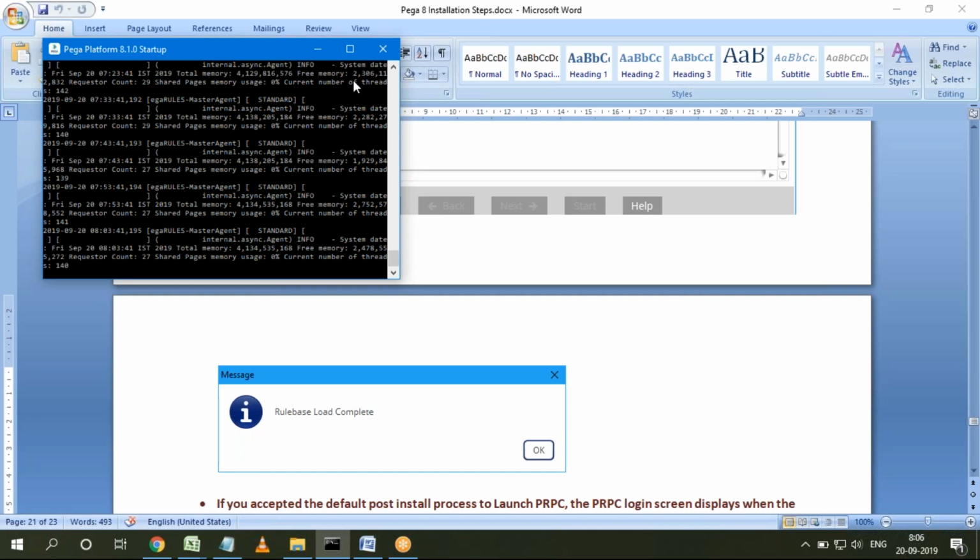Okay. So apart from that, there is no other difference between the home edition and the enterprise edition. The other difference is that in the enterprise edition you get a choice to select the database and server, but in the personal edition they will not give any choice to select database and server, because the personal edition comes with one default database and default server, but in the enterprise edition it depends upon the project requirement.